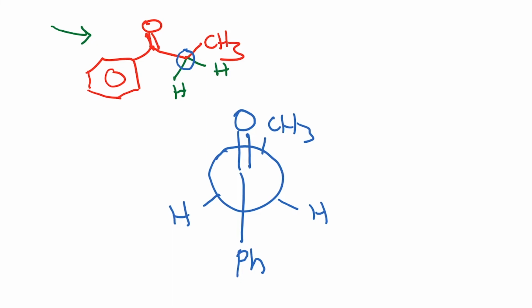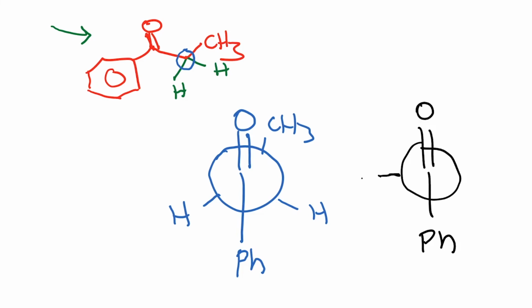Now you can always do rotations and draw out other conformations. So you have C double bond O, Ph. Now your CH3 can be perpendicular to the carbonyl, so this is 90 degrees over here, or it can be eclipsing. You can draw multiple conformations that are relevant to the carbonyl chemistry. Okay, now with this background in mind, let's look at one of the examples that we want to understand.